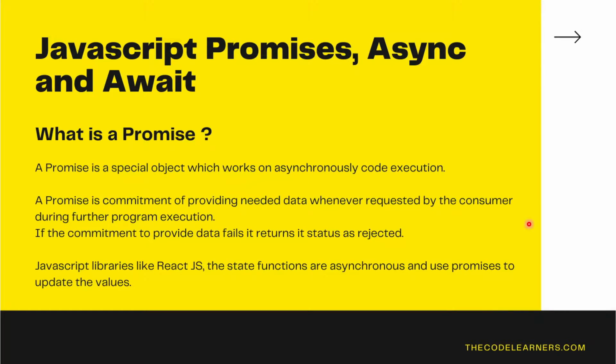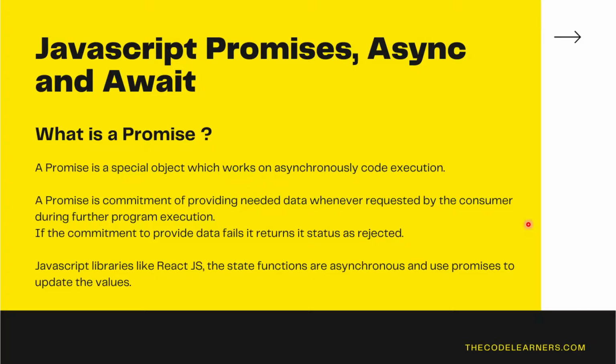In this video we are going to deeply cover promises, async and await in JavaScript. A promise is a special object which works asynchronously on code execution. A promise is like a commitment of providing data whenever it is requested by the consumer in the further program